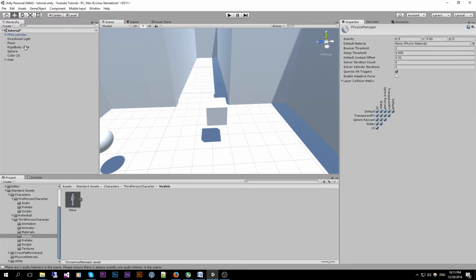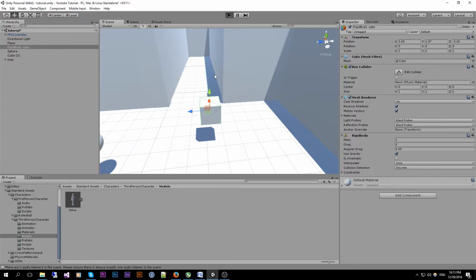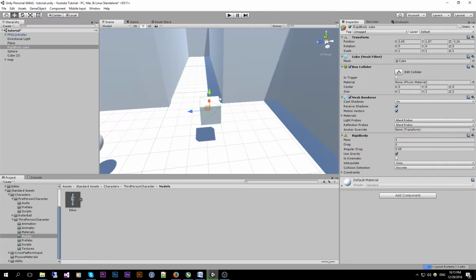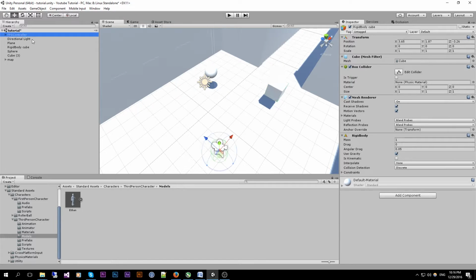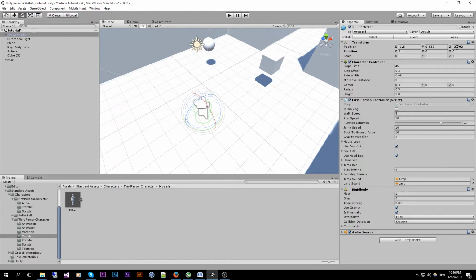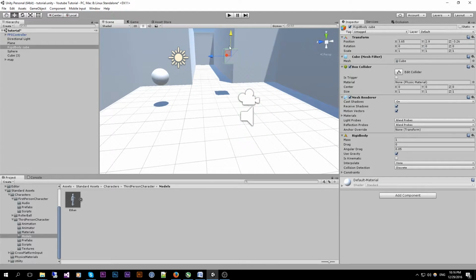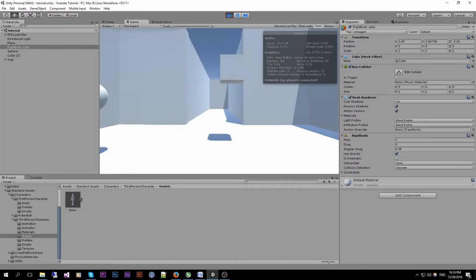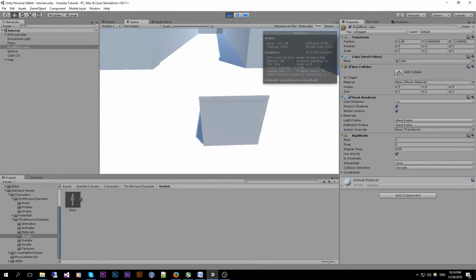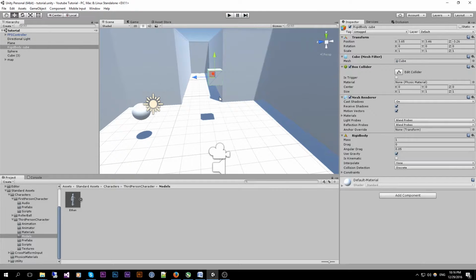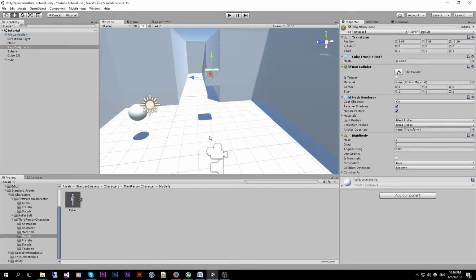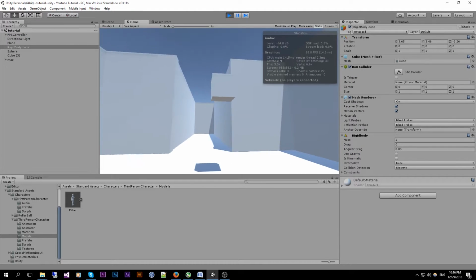So now if we hit play, I'll do that again, just rotate the camera so we can see the cube falling, like this. You can see that the cube falls to the ground, like it should. So now if we go back to our rigid body component and set the use gravity checkbox to false and hit play again, then we will see that the cube will not fall to the ground.